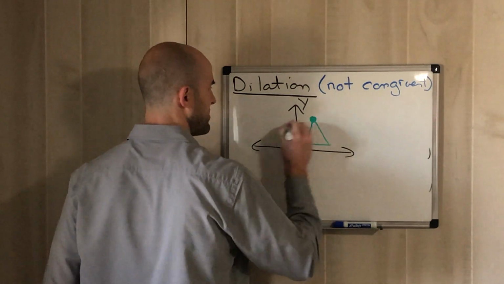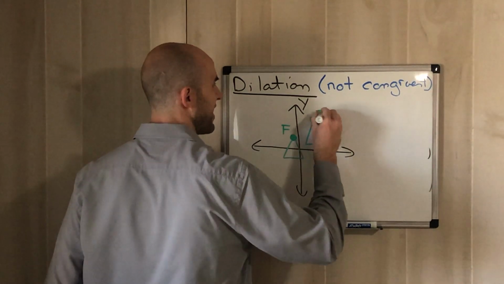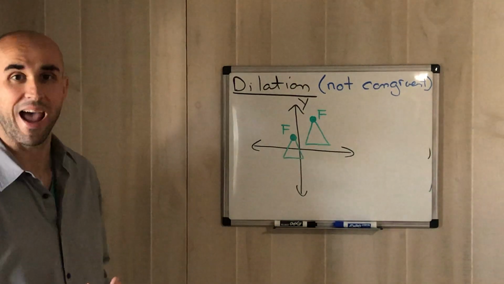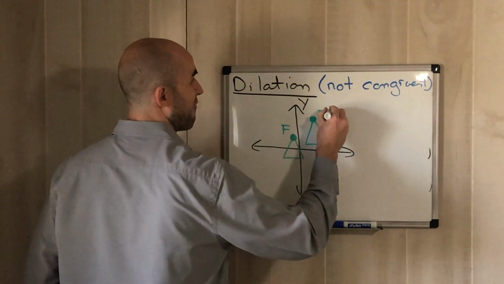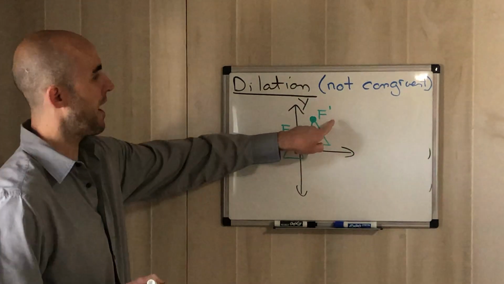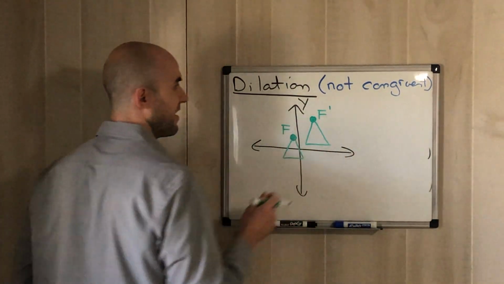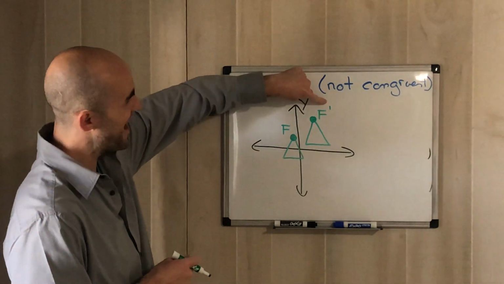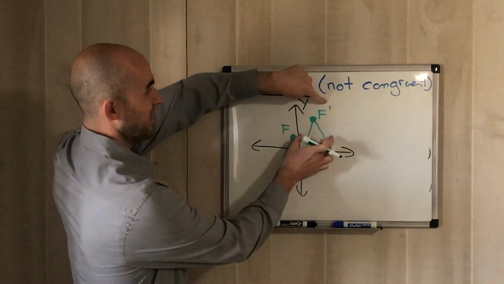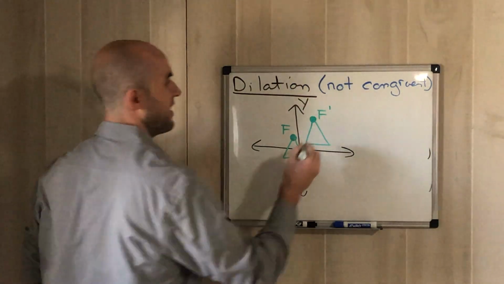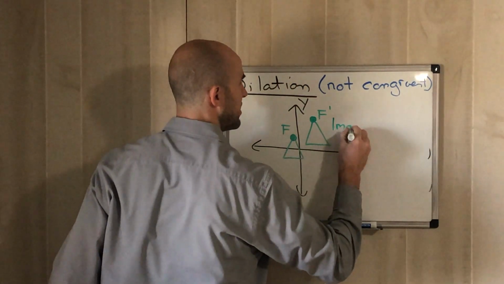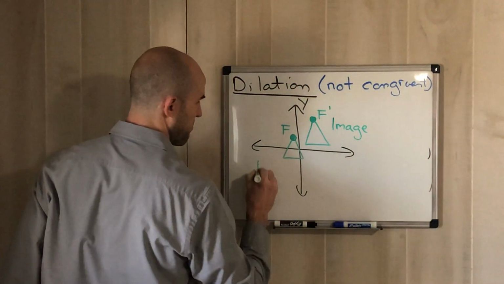So if I give you this, again, that's F, we still don't know what happened. But now if I were to put F prime here, again, the prime comes last, which means that this got bigger, right? Because if the prime comes last, and the big one is the last one, it means it got bigger, right? This would be our image,